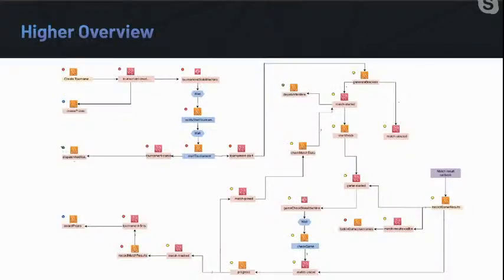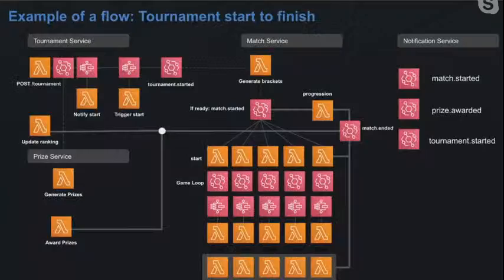Once we made those assumptions, our next step was to build out this flow diagram that we're showing you right now. Our architecture is event-driven, so each of the orange nodes is a Lambda, and they're connected by pink events. By creating this flow diagram, we're able to communicate more effectively about how the tournament flow works, and also identify any possible problems or situations that might come up in a tournament that we might have overlooked at first. This is a little hard to read, so here's a simplified diagram.